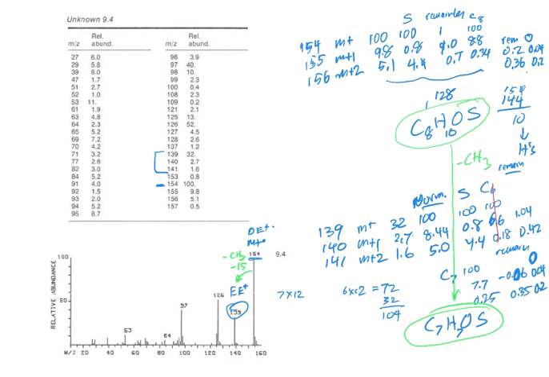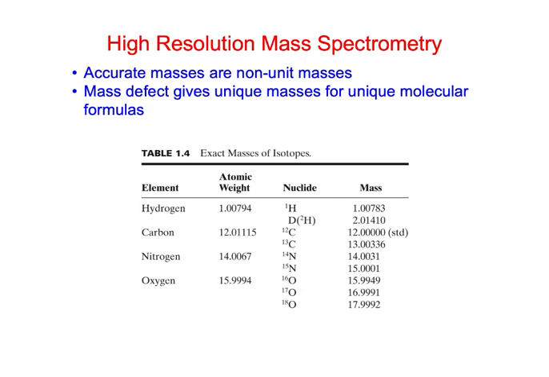All right, so let's move on here. The other way, probably more common, to come up with a molecular formula is to use high-resolution mass spectrometry. In this way, if you can measure the mass out to like 4 decimal places, you can oftentimes come up with a mass that matches a specific